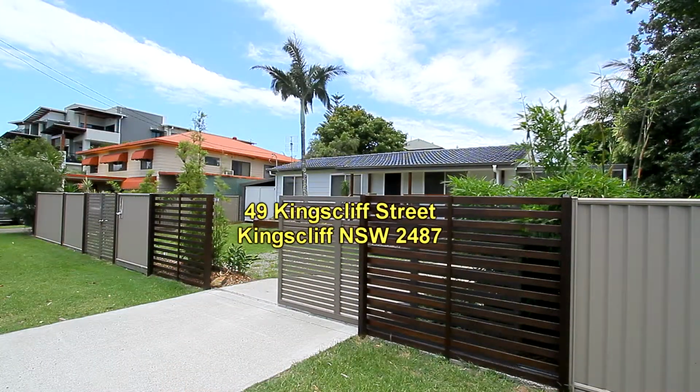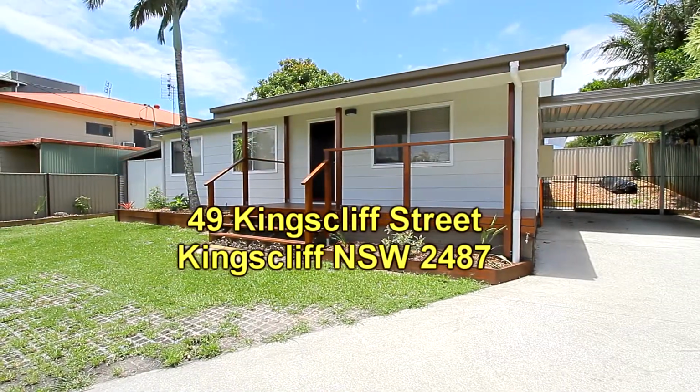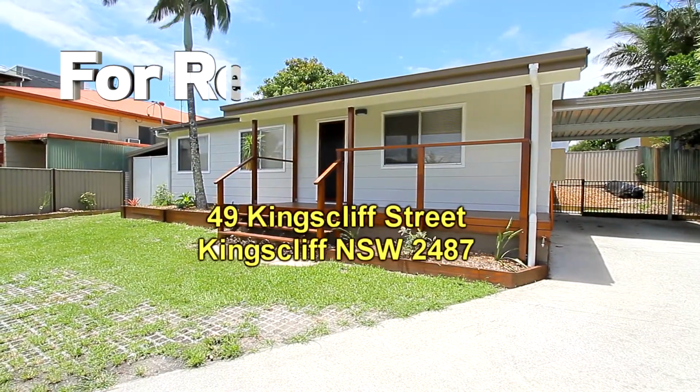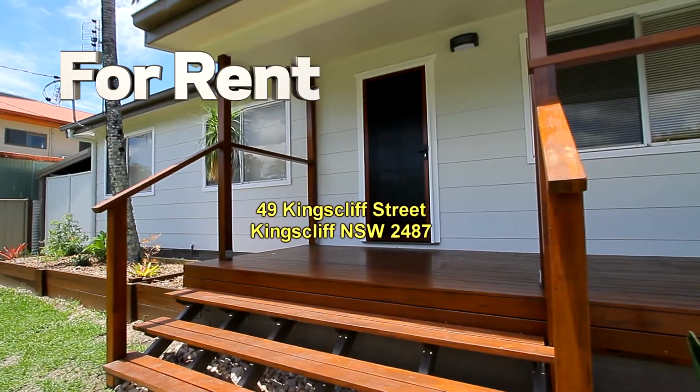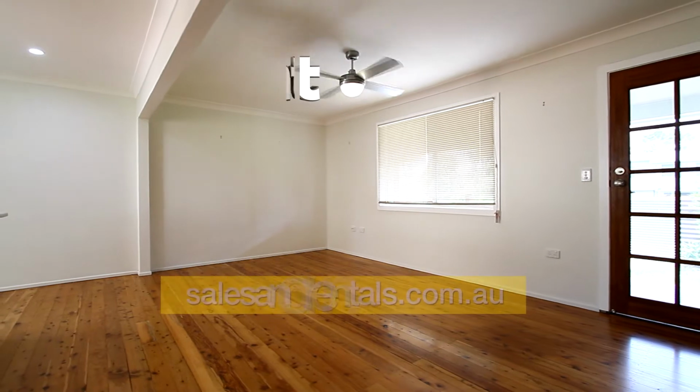When we get to ground level, there's a remote control gate access to the driveway. There's a view of the front of the property. The grounds have improved since this video was taken. As we go up to the front door and go inside, we can see you've got polished floors inside,